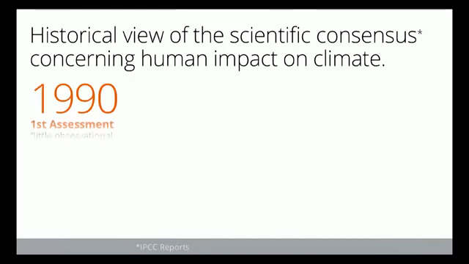Historical view. So these international assessments that summarize the state of science, the first one was done in 1990, and they concluded at that time, little observational evidence for a detectable human influence on climate. That's simply because the warming really hadn't started to take off yet. The data sets weren't great.